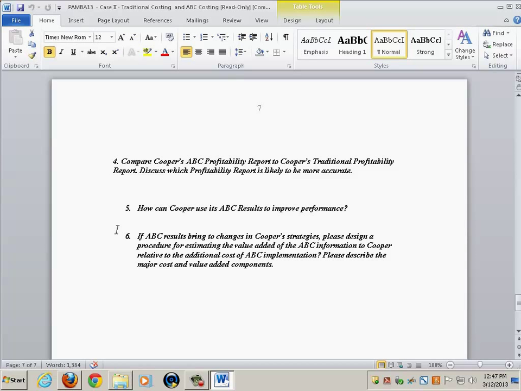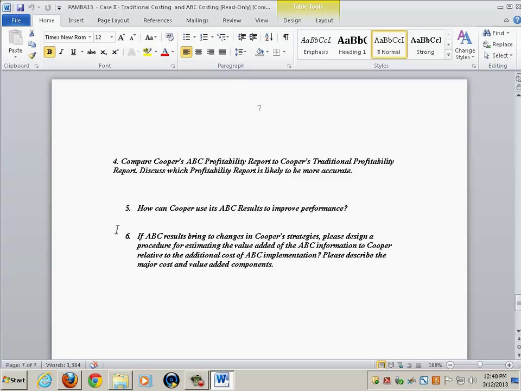ABC may be a better system, may improve the accuracy and quality of your results, but it is costly. So when companies want to switch from traditional costing to ABC, they have to do a cost-benefit analysis. They have to ask themselves, what is the cost of doing so, and what are the benefits, and compare them to each other. So that's where requirement 6